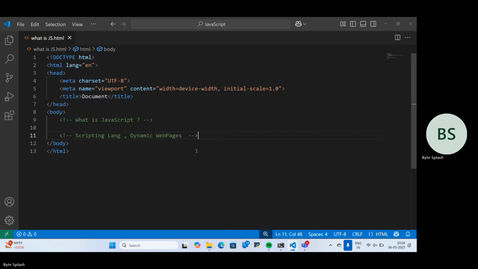Okay. It is an object oriented programming language. Then again, next, client side. Same, scripting language, client side. Okay, so before that,